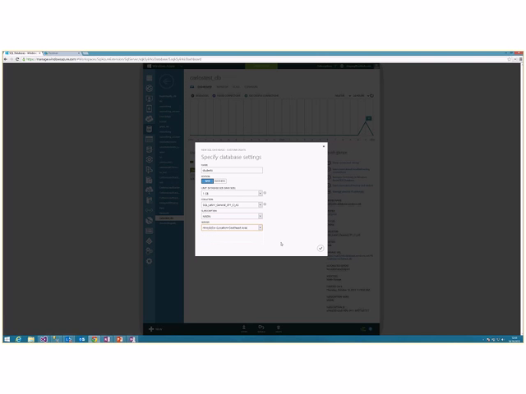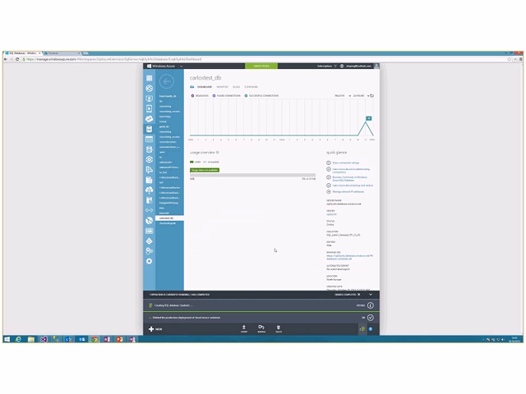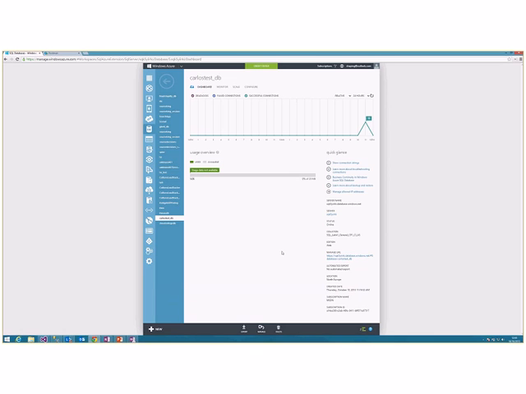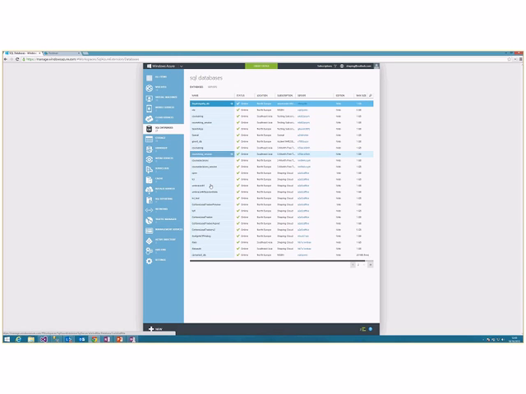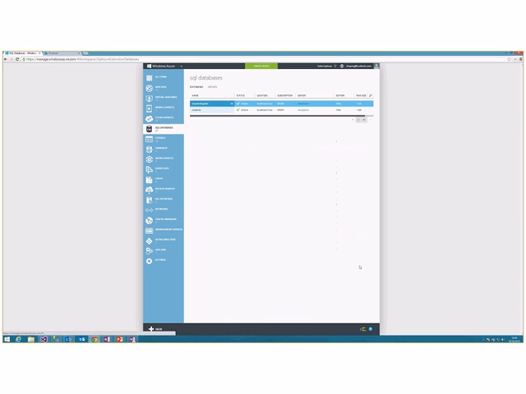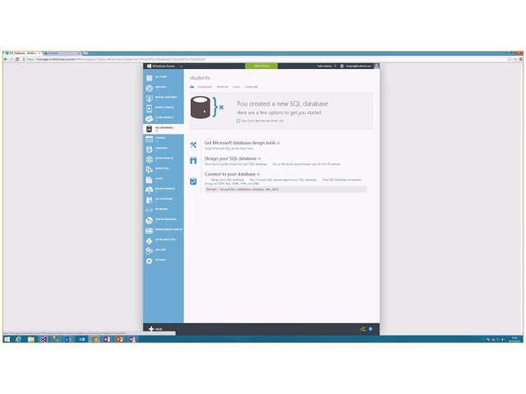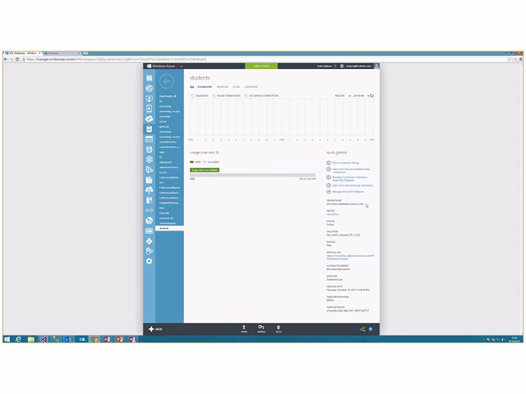Again, pick a few things, pick a subscription, pick the server. So that's the server we've just created, which we put in Southeast Asia. And so now I've got a database server and I've got a database within my server. So if I come into here, page is students,